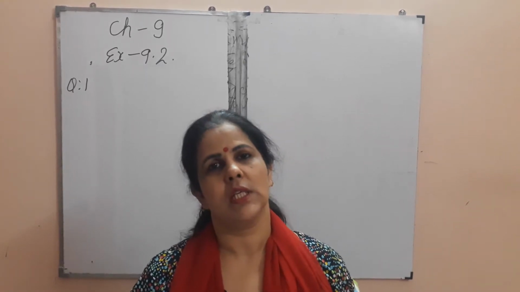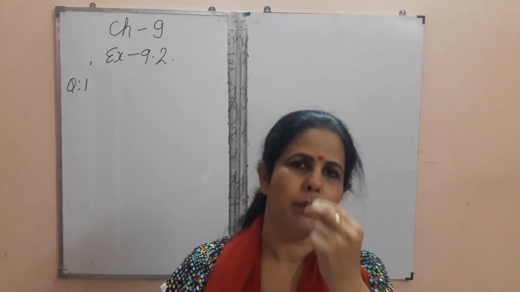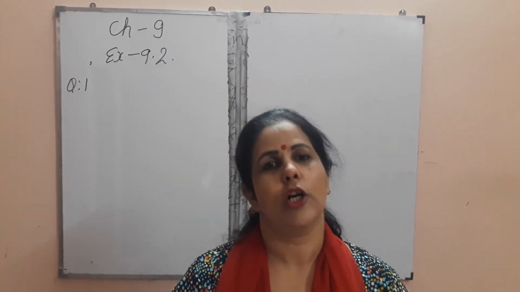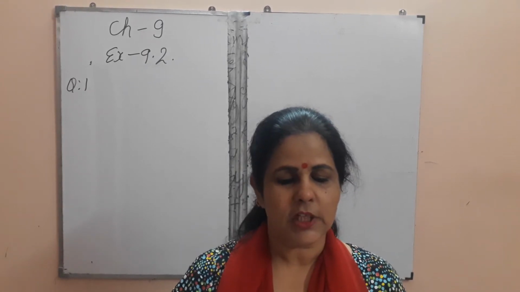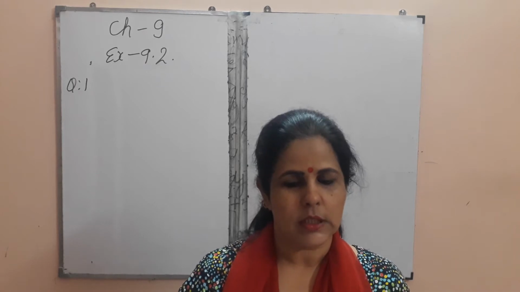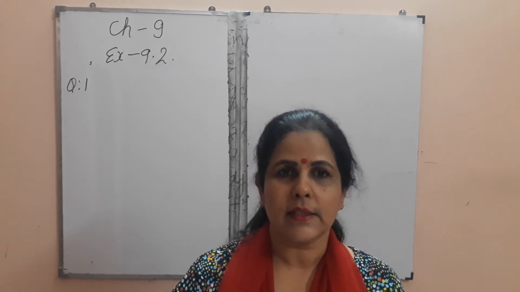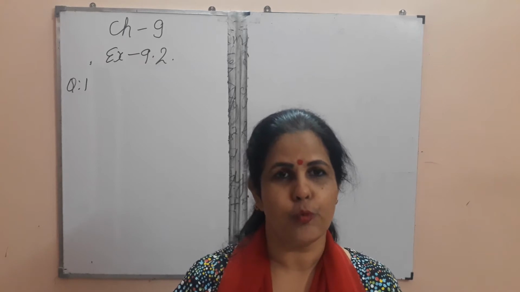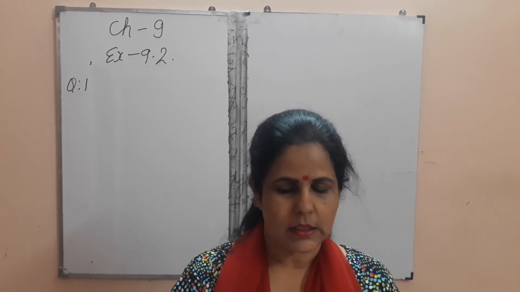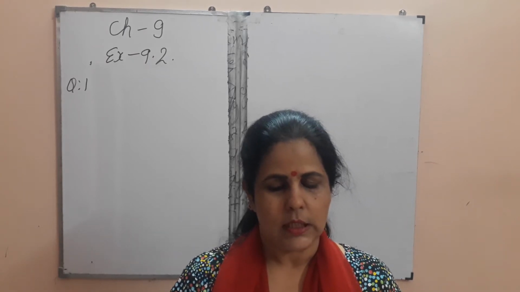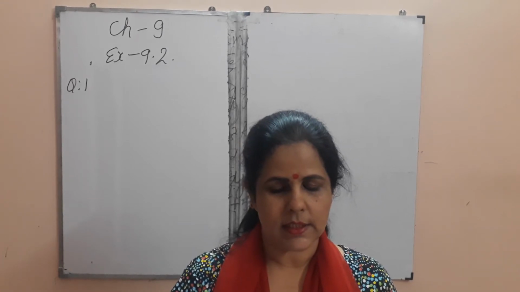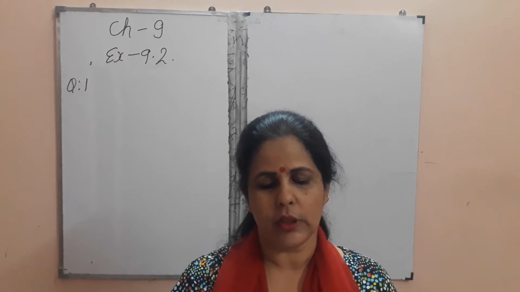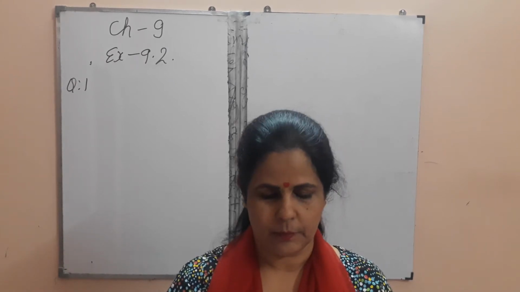So L, you have to see the line L only, and the other lines can be parallel also and they cannot be parallel. Understood? So first question, first part, this is yes, because this L is intersecting both the lines at 2 points. Second is yes, because this transversal L is intersecting all the 3 lines at 3 points.